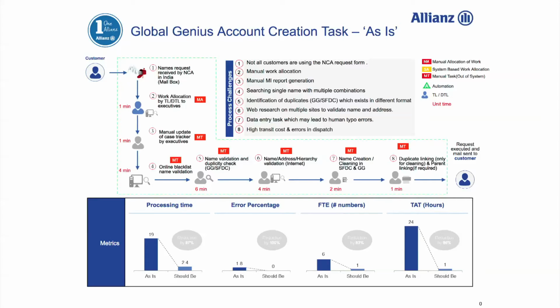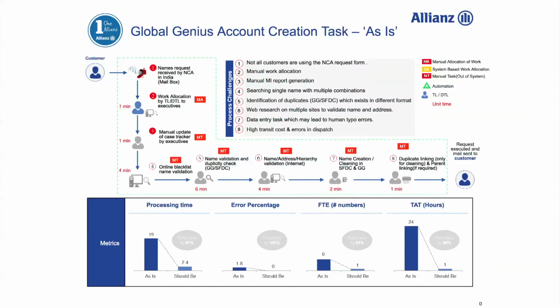The legends on the right: MA represents manual allocation, SA for system-based action, MT means manual task, and the green triangle denotes automation. In Step 1, NCA Team India receives the names request from the customer in their shared common mailbox. Step 2, allocation is done by the team leader to executives through manual allocation, which is tracked in a work allocation Excel sheet. Step 3, each executive picks the allocated cases and updates case information manually in individual case trackers before